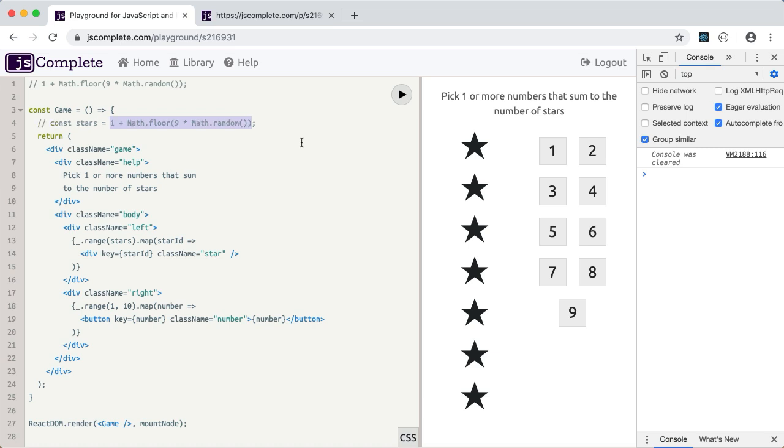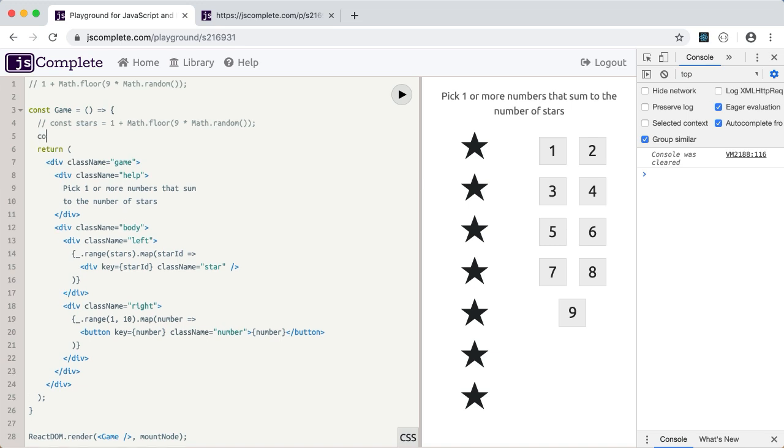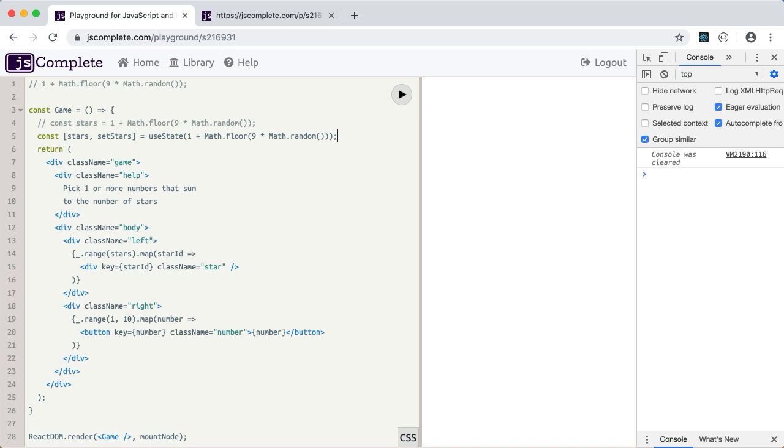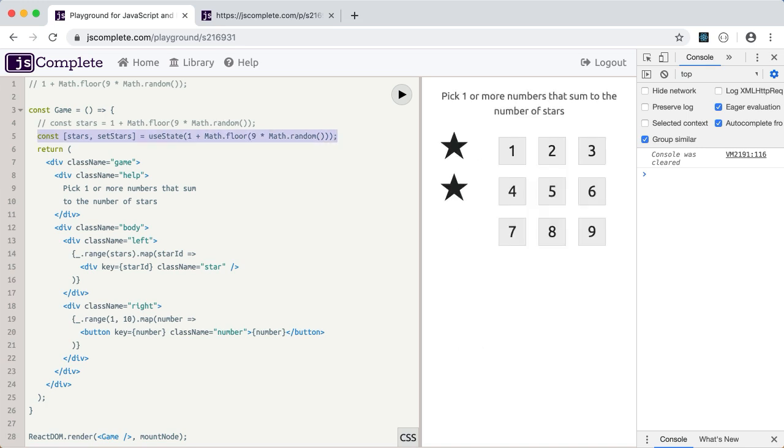So if I want to put them on a state, I can just use the new hooks thing and create a state for the stars. So I can read stars and then set stars. And in here, we'll do useState, right? And the initial value for the number of stars will be my math expression. And guess what? This will work as well because I placed it on a state. Yeah? I'm not really changing the state yet, but now this here is